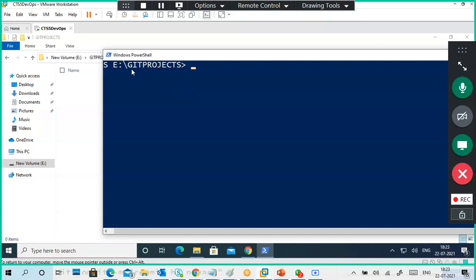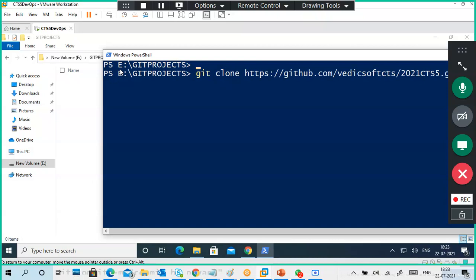So this is my folder. I'm giving git clone. I'm cloning this link into my folder, git projects folder.